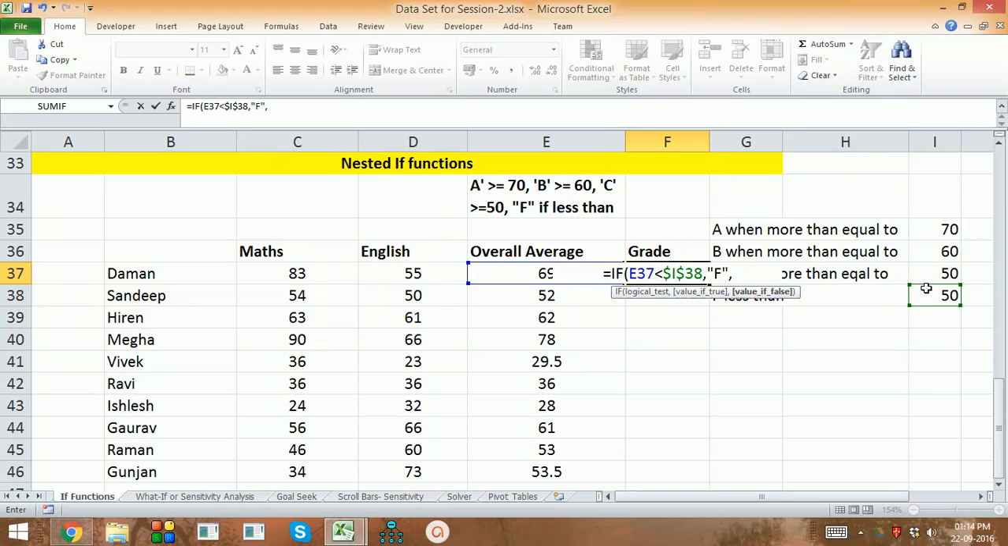But if the value is false, so the marks are more than 50, then we want it to test if the marks are less than 60. So we use another IF function. Pressing Tab, I get the function. So if this is less than 60, instead of using 60 here, I give the cell reference and freeze it. If this is less than 60,